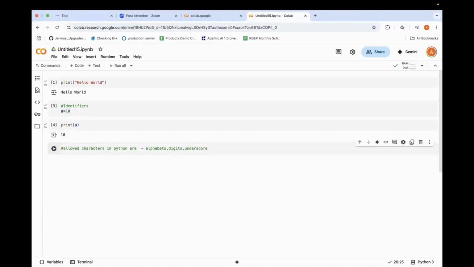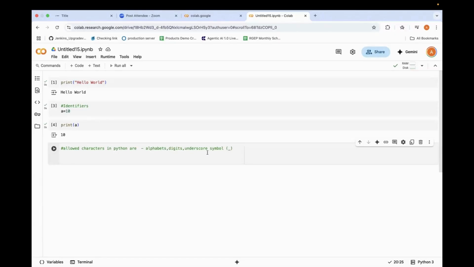You have seen the underscore symbol, right? You would have seen it on Instagram. If someone doesn't have their name available, they put underscore underscore underscore, right? Yes or no? Yes, sir. These are the only allowed characters in Python.